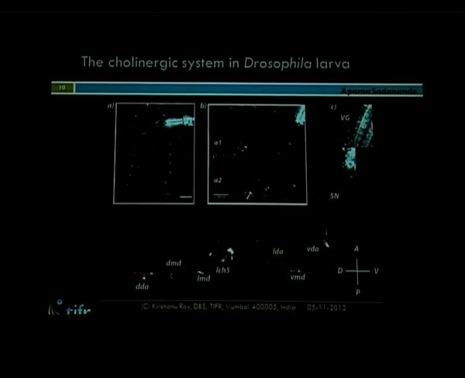The system we use is the cholinergic nervous system in Drosophila larva, and this is a layout of it. This is the larval brain, which has the largest density of cholinergic synapses. In fact, in Drosophila, all the cholinergic synapses are found in the central nervous system and none at the neuromuscular junction. Then there are the sensory neurons, which are also cholinergic. They send their input to the brain, and this is the pattern of different cholinergic neurons, and this is the axon that goes to the brain.